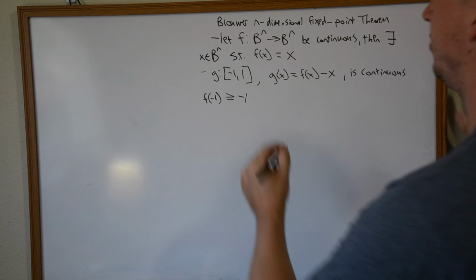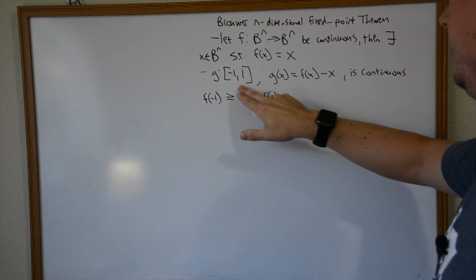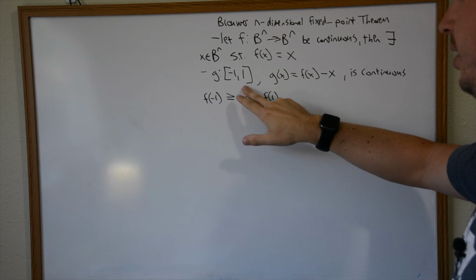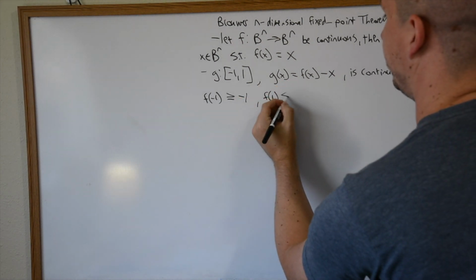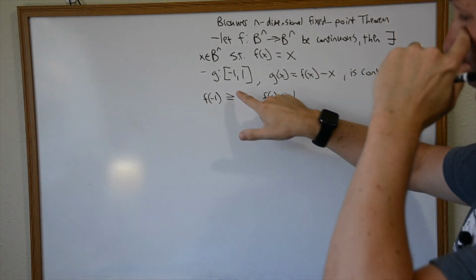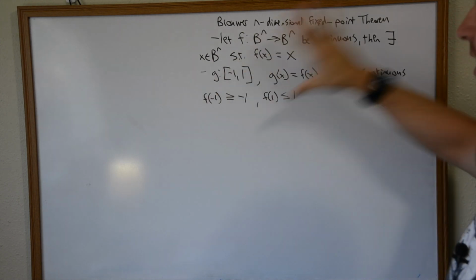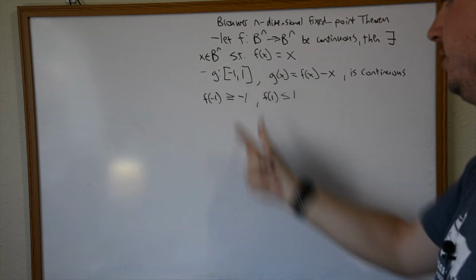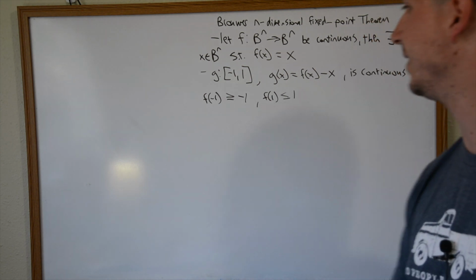We make a similar argument for f of 1. So this is the upper bound, you could call it, of our interval. And since f is continuous, then that means its output must absolutely be less than or equal to 1 because there's nowhere higher for it to go. This is what we're limited to, and it's continuous. So, since that is the case,